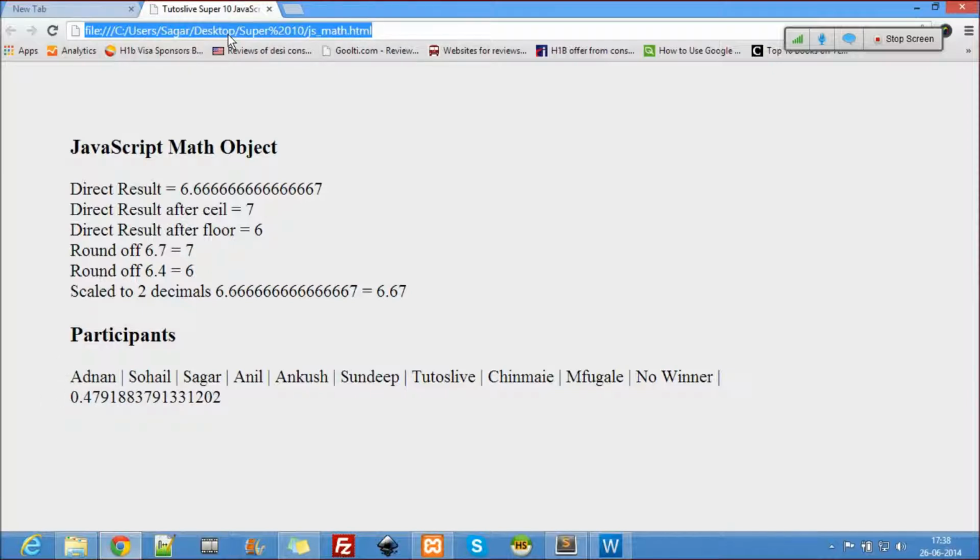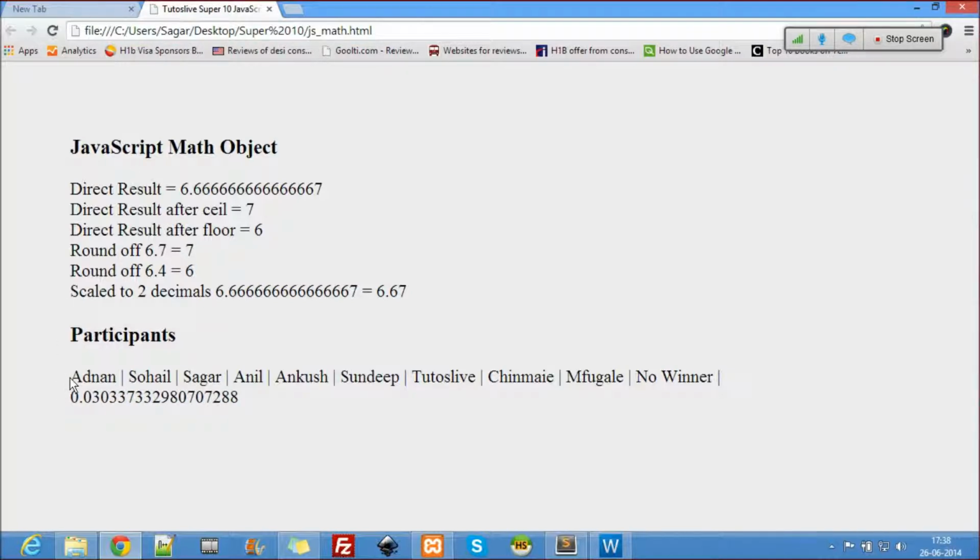It won't even print 1. It won't even print 0. The random number starts from 0.000000001 until 0.999999. That's it. It won't even give 0 and 1 also. Okay, that's a random number.